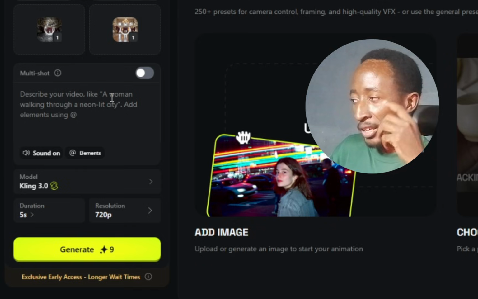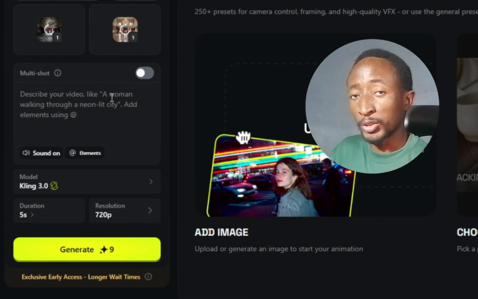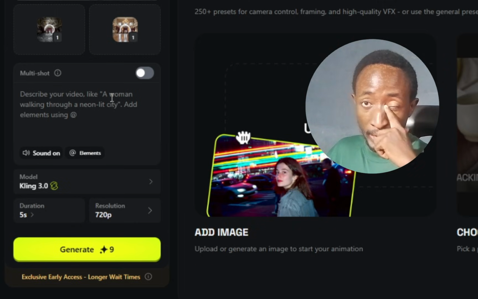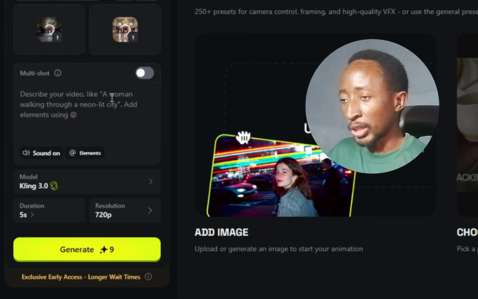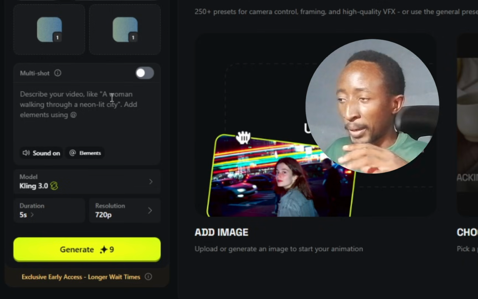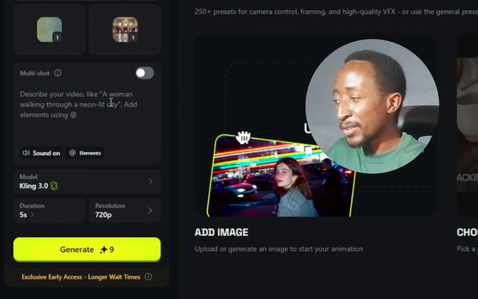The other advantage I can say, comparing to Veo 3 or maybe Kling 2.6: with Kling 2.6 you can usually only upload a reference image, just one image. You don't have the end frame. You can only use a reference image, but you don't have the end frame. Now the other thing is that